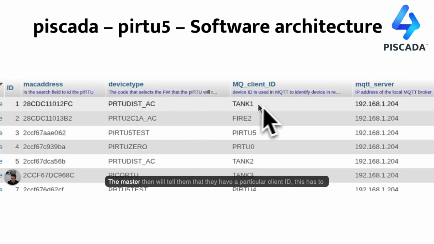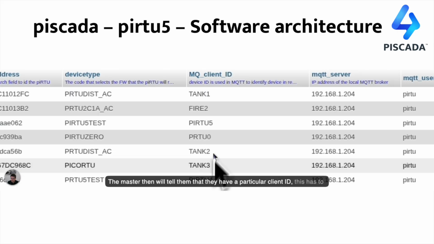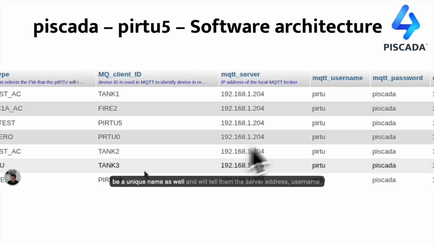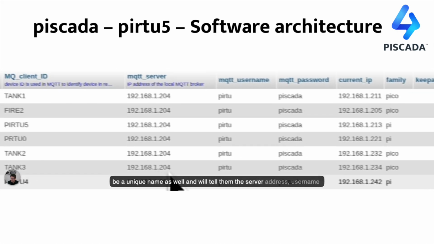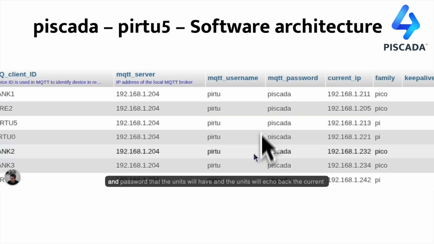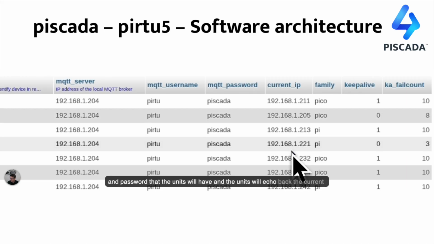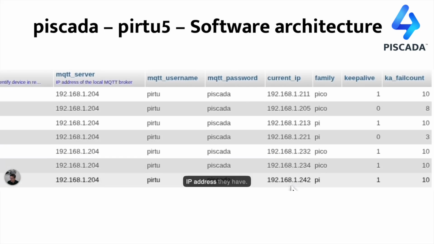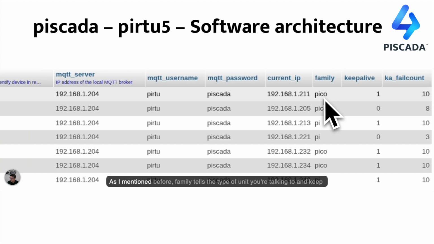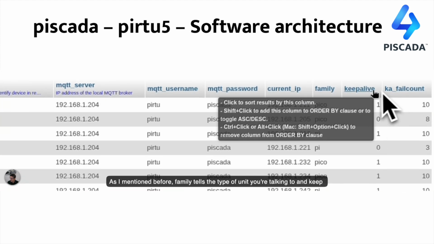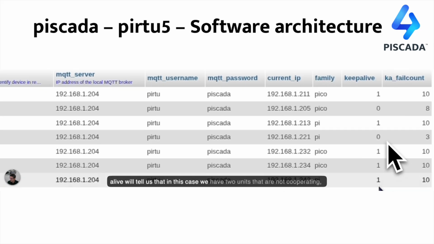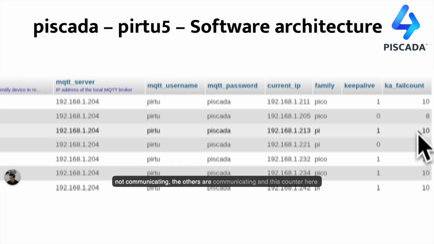The master then will tell them that they have a particular client ID. This has to be a unique name as well, and will tell them the server address, username, and password that the units will have, and the units will echo back the current IP address they have. And as I mentioned before, family tells the type of unit you're talking to, and the keep alive will tell us that in this case we have 2 units that are not cooperating, not communicating, the others are communicating, and this